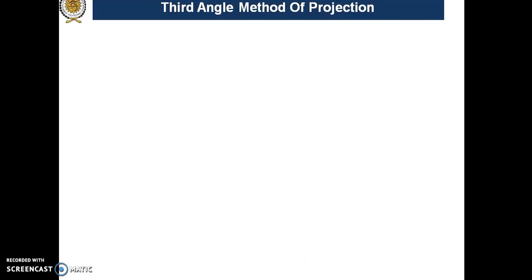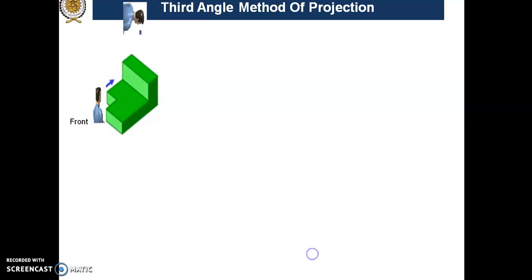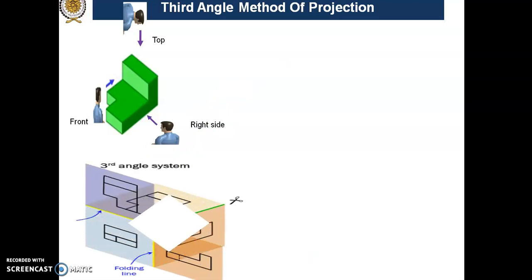Now we can try for the three basic views by the third angle method of projection. So again we have to assume that the object is kept in the third quadrant. Yes. Now draw the projections from the front side. Then from the top side you have to place the observer like this, and here there is an observer from the right hand side. Now get the front and top view as usual and try for the right hand side view.